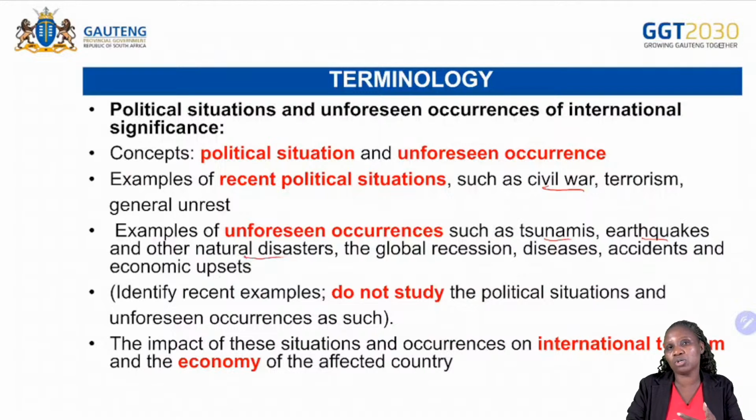And then we also have other natural disasters. For example, we've got the avalanches, wildfires. These are natural disasters, floods. Remember, recently there were floods in what? KZN. A lot of people lost their lives. Some people lost their homes, they lost their houses, and then infrastructure also was damaged because of these floods.